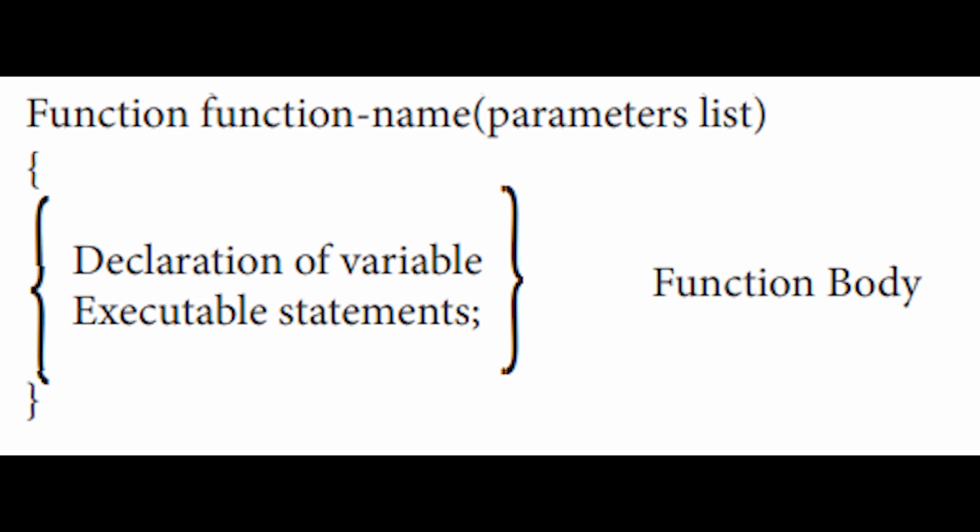Okay, first the word function, then you can give any one name there, and then inside the bracket you will give the parameters. It's like some variables or whatever letters or numbers you are using, a, b, c, like that. If you are using two parameters, you will use a and b. If it is an integer, you will use int a comma b, like that. Whatever parameters you use inside this function, you will just declare them there, and inside the function you will declare the variables. If a is equal to 1, or a is equal to the input value which we are getting, like that.